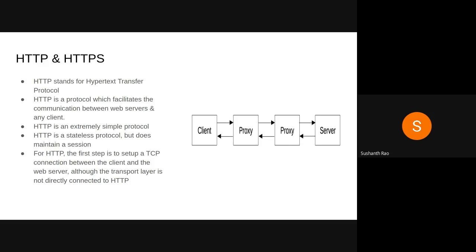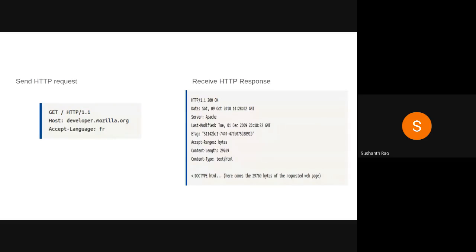Now, what is an HTTP request? As I mentioned first, there are four steps. The first one is the TCP connection, which is established by the operating system that is handling your web application. After that, the browser sends an HTTP request. An HTTP request is nothing but the HTTP verbs. There are four HTTP verbs that we use: get, post, delete or destroy, and patch or put. These are the different HTTP verbs that can be used to perform CRUD operations.